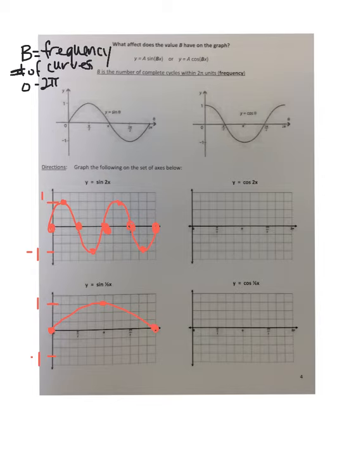Okay. Now, let's look at y equals cosine 2x. Same principle as what we did with y equals sine 2x. You're going to have 2 cosine curves from 0 to 2 pi. So if a normal sine curve takes all the way to 2 pi to finish it, we're going to have 2 of them from 0 to 2 pi. So the first one's got to end right here at pi, and then the second one will be here. Okay? All right, so let's start with our amplitude, which we know is 1. So let's just put a 1 here